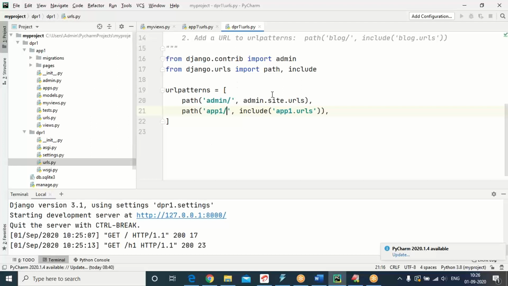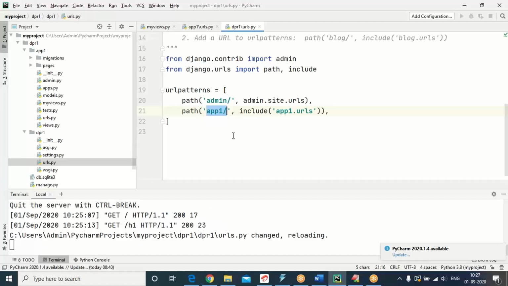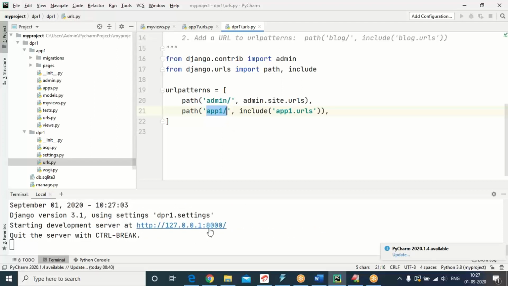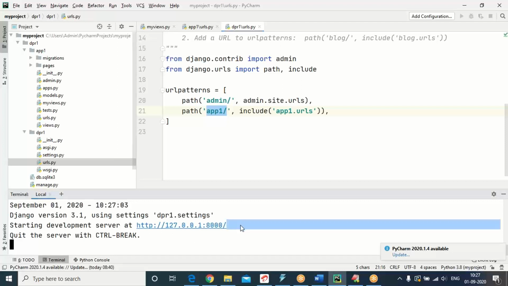Now, inside app1, URLs should be called through app1/t1, app1/t2, app1/t3. After this, you need to specify app1, then you need to specify the URL. Let me click on this.